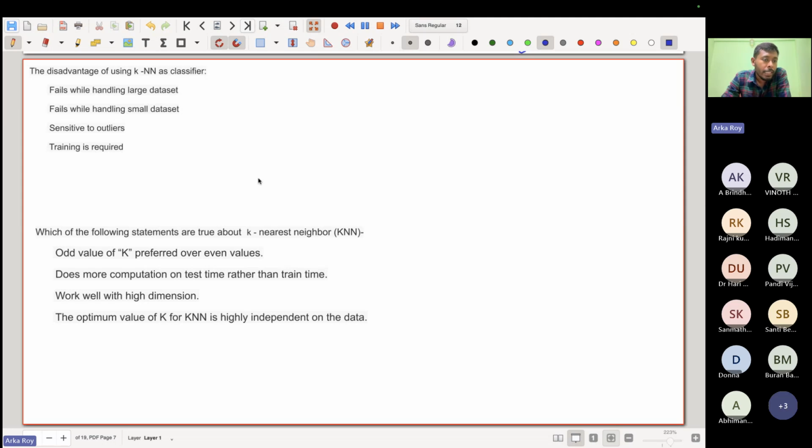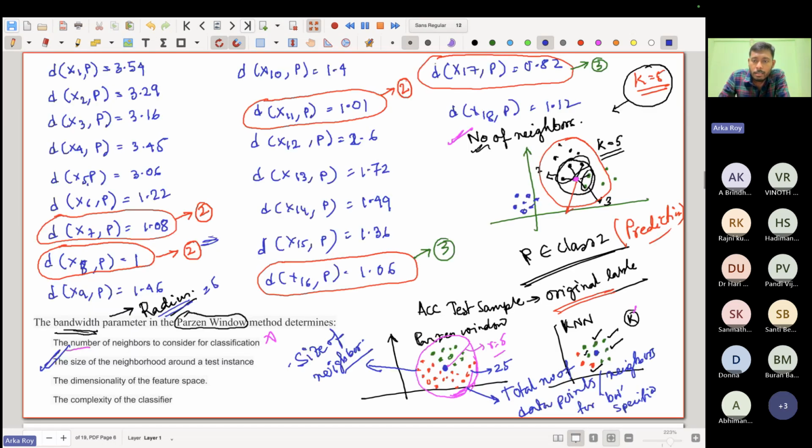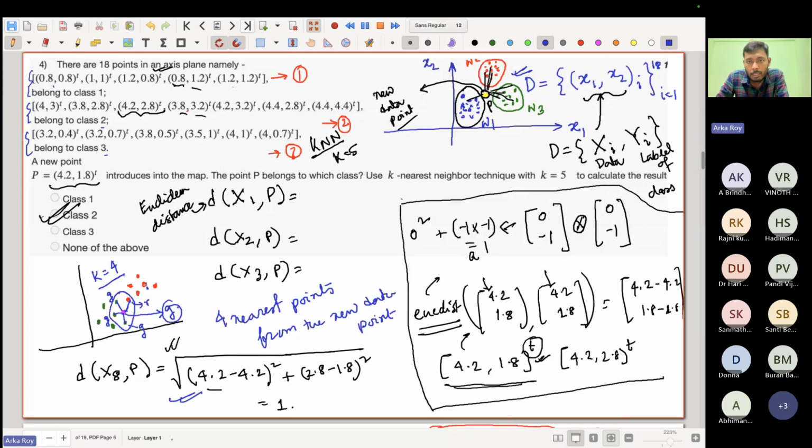Okay. So the next question is the disadvantage of using KNN as classifier. So we already have seen that for KNN, if you have a data set something like this, let's say you have 3 different classes, and at the time of inference, you have the data set. Now you have an unknown data point. You have to place that particular data point, and then you have to calculate the distance of this data point from all other